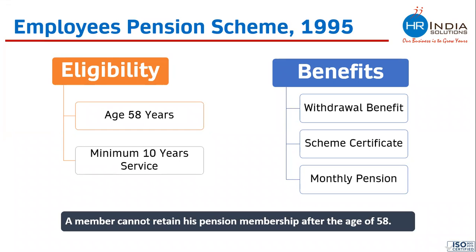No, no. See, let's understand it this way. This withdrawal benefit and the scheme certificate are applicable when the employee leaves an organization. In case of full and final settlement, they can withdraw the entire pension amount and PF amount also, right? If they withdraw their pension amount, it would be the withdrawal benefit of the pension fund. Second is the scheme certificate. When they do not want to withdraw the pension amount and want to apply for a scheme certificate, which is a document that proves that this person has contributed to the pension fund for this many years, that's why they apply for a scheme certificate.